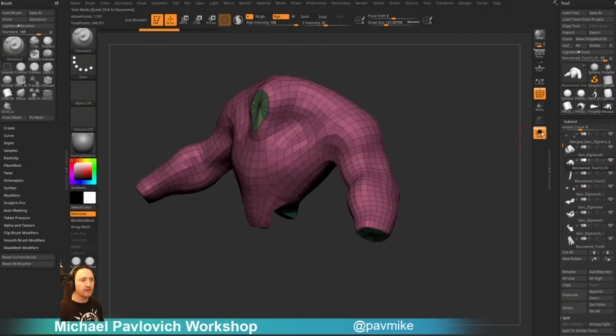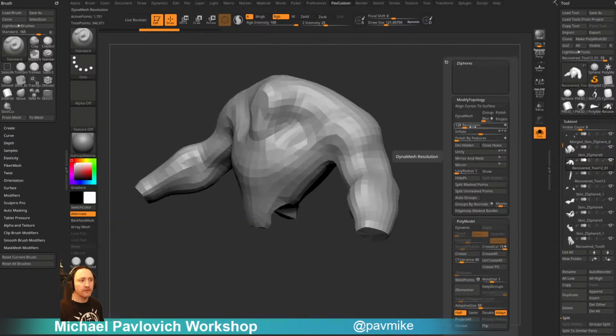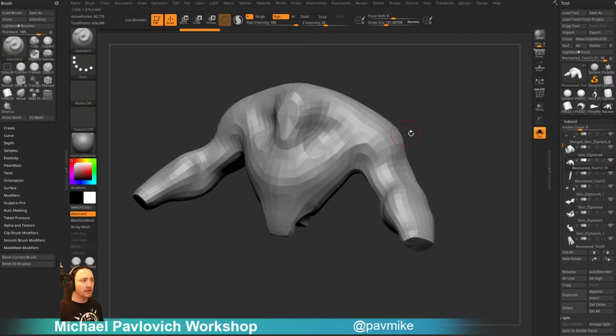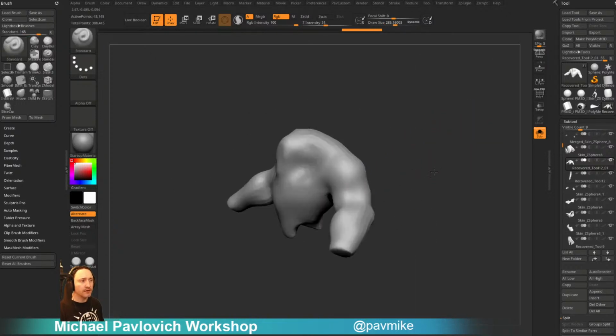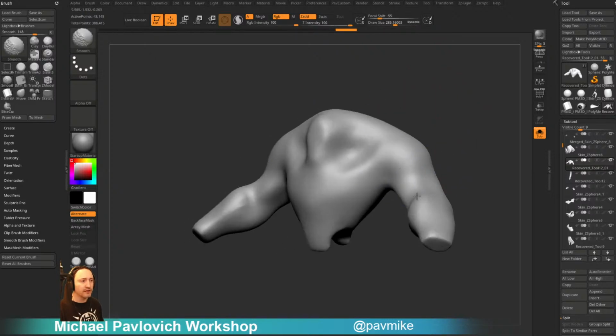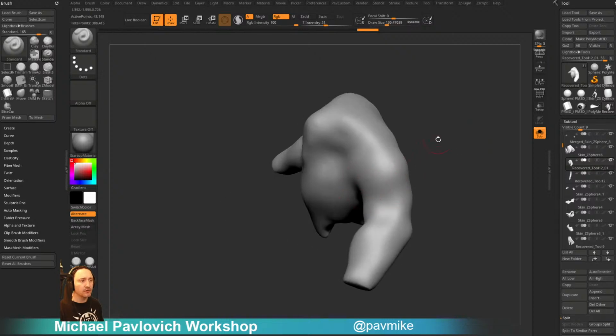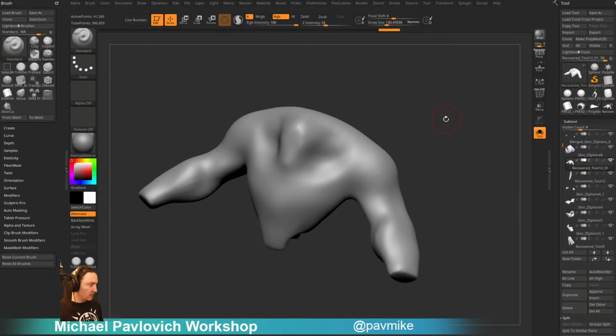If I go through here and I say turn off polyframe, turn off dynamic, go into solo mode. Let's dynamesh this here. It's a little bit high. I would like to work at the lowest resolution possible. I've got a pretty mean machine, but at the same time, I don't want to be bogged down with file sizes and geometry I'm not going to use. So we have this dynameshed here. So now, if I wanted to do a bunch of tubes, another cool thing you can do from ZBrush 2021.6, I think, 2016.6, brush insert, no, brush,